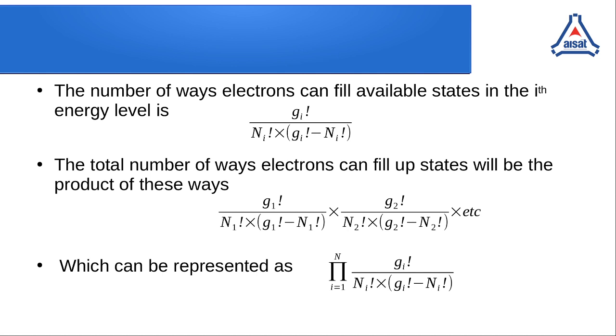For example, for energy level E1, the combination possible is G1 factorial divided by N1 factorial into G1 factorial minus N1 factorial. This combination into the energy level 2 combination, which is G2 N2 combination. Likewise, we are having n number of energy levels. The product of each energy level combination will give the total number of ways electrons can fill up states,